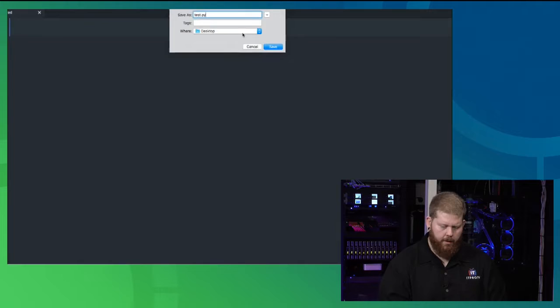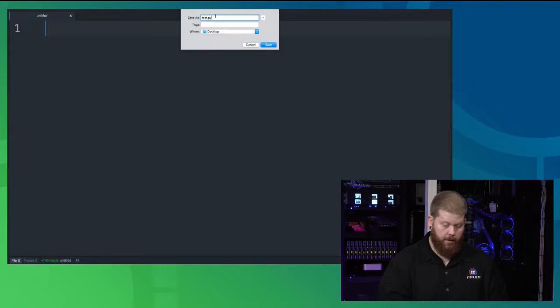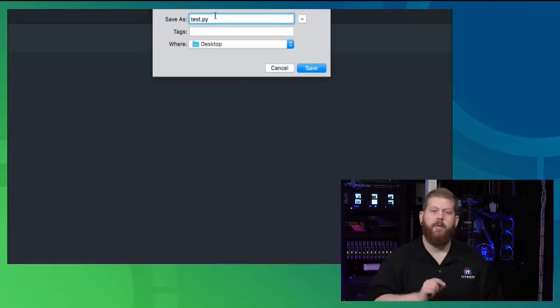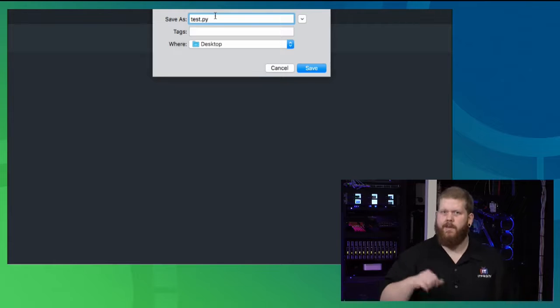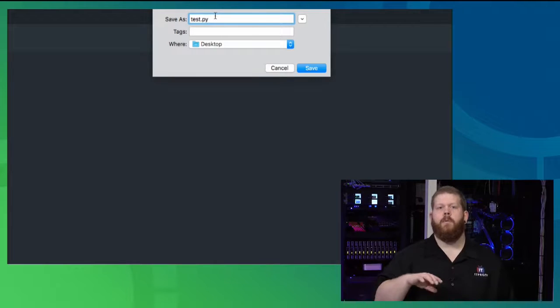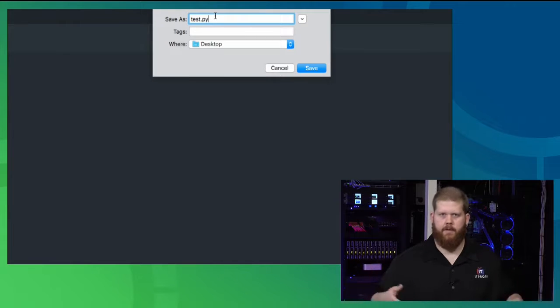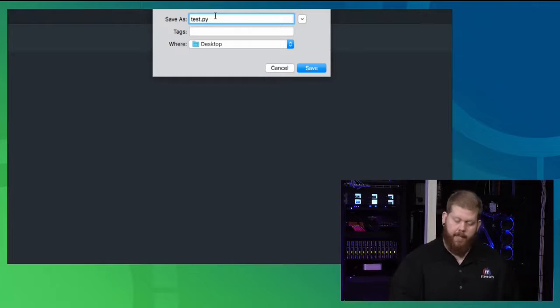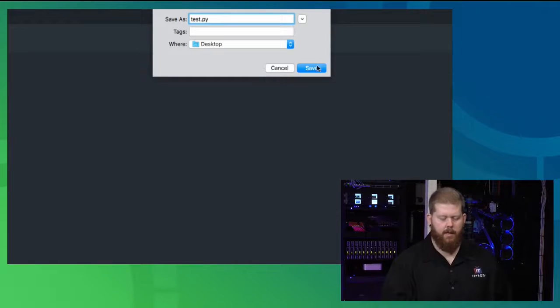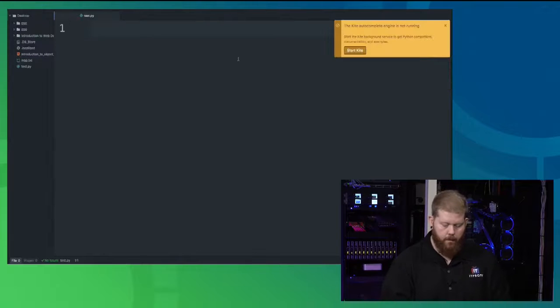Let's zoom in here. There we go. Notice I put .py. In these editors like Sublime and Atom, you have to put the file extension. It does not assume a file extension for you like some of those other text editors that are made for Office applications. So if I type test.py, and I'm just going to save this on my desktop,